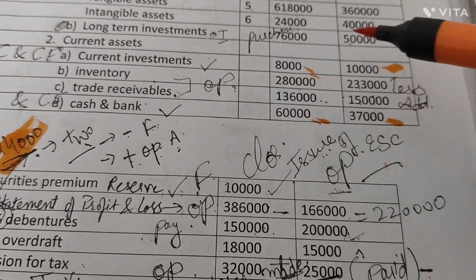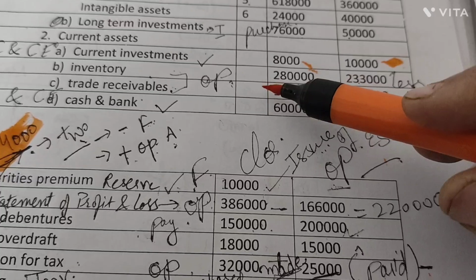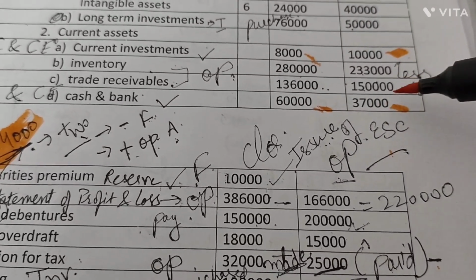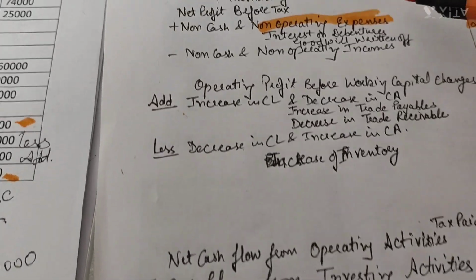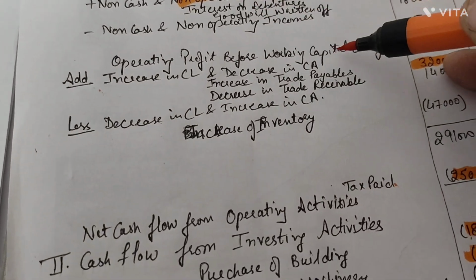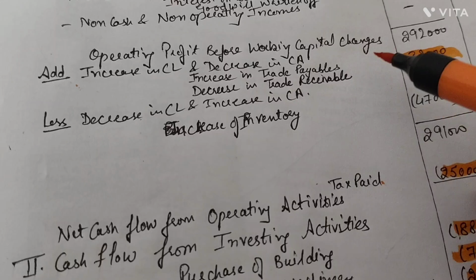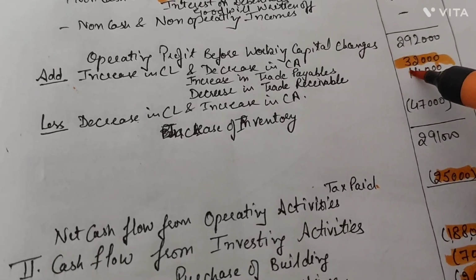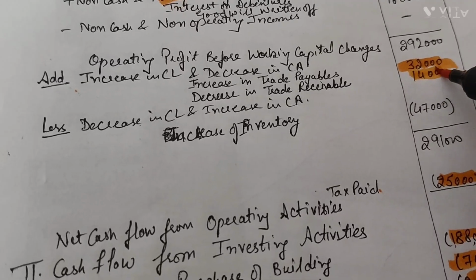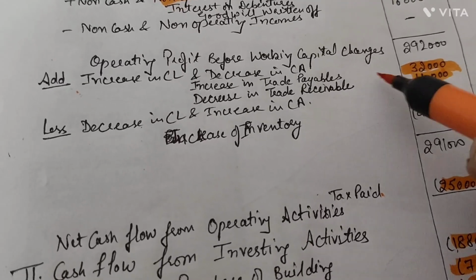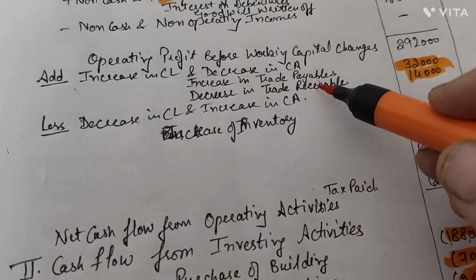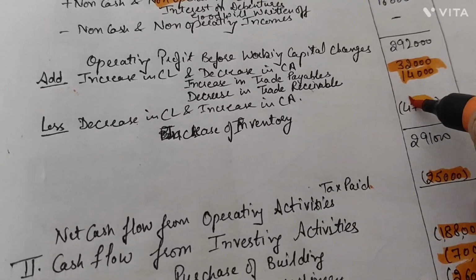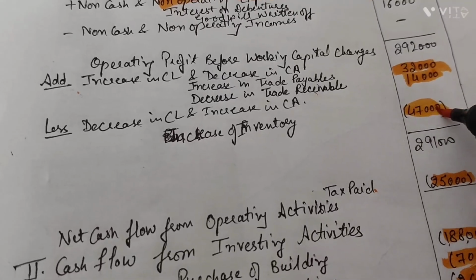So what is left over is inventory and trade receivable. Both have to go where? In operating activities. Inventories with less of the difference and trade receivable with add. So let's go to the operating activities. In operating activities, we have working capital changes. I have told you, a decrease in trade receivable will be added. Decrease in trade receivables means money is received from the debtors, that is why your trade receivable reduced. But an increase in your inventory means you have purchased new inventory, so it will go with the less balance.